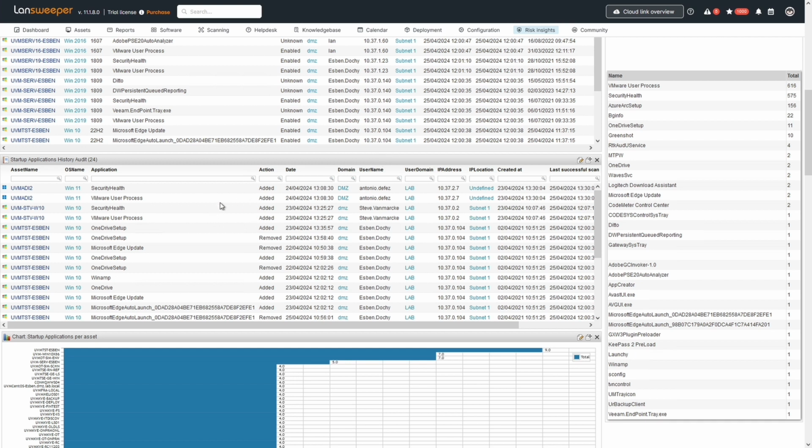As you can see, that will basically let you configure it. By default, this one is filtered on 7 days, so it shows data from the last 7 days. You can adjust it to fit whatever number of days you want. You could add an additional filter to only show the ones that were added. You can turn it into a report where you get to see which startup applications were added in the last 7 days, which is interesting to know, especially when it comes to security,